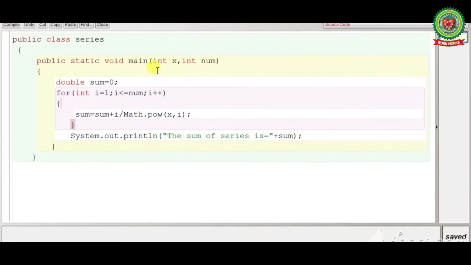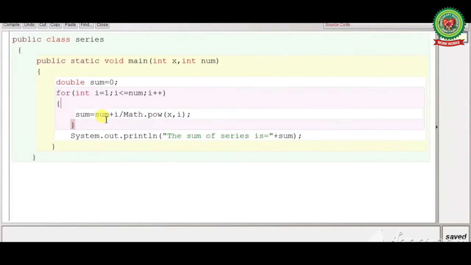So see the students, what will be there in this program. We will accept the value of x, that is 2, and here we will accept the value of num, that is also 2. So sum is already 0, that is initialized. Now for int I is equal to 1, I less than equal to num, means 1 less than equal to 2. Condition is true.